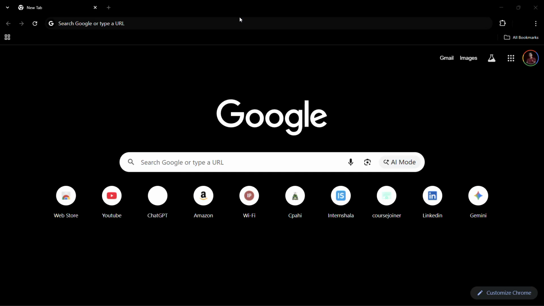How to use Google Docs in your Windows laptop. So hey guys, welcome to this tutorial. In this tutorial, I'll be guiding you through the steps on how you can use Google Docs in your Windows